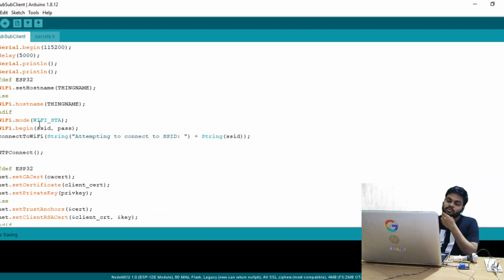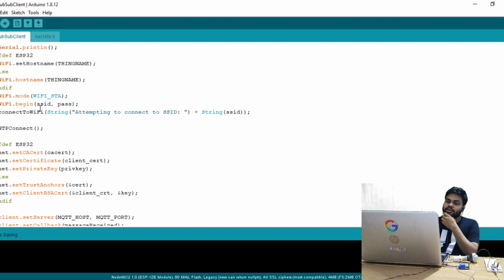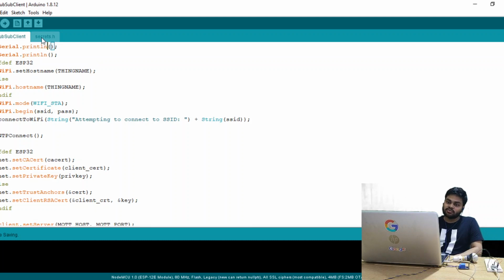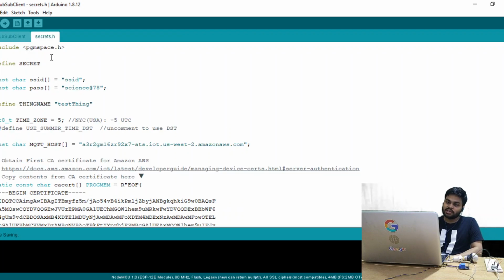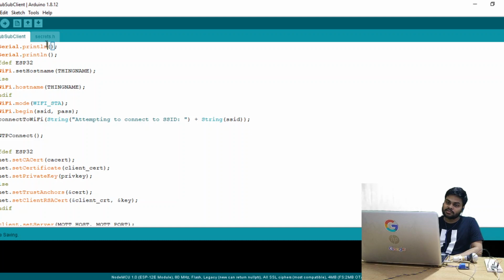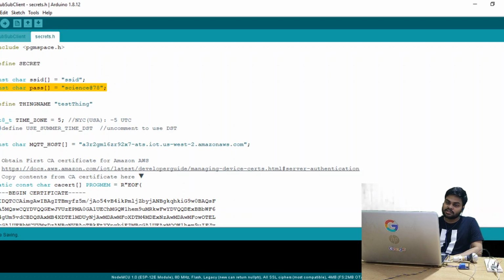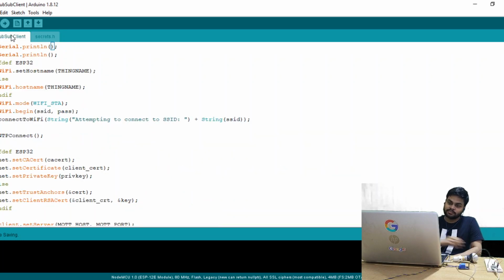WiFi.mode is set to station mode, which means that this device, the NodeMCU, will connect to something. It will work in station mode. Then WiFi.begin connects via our SSID and password, which we have already set in secrets.h, the hotspot name and password.